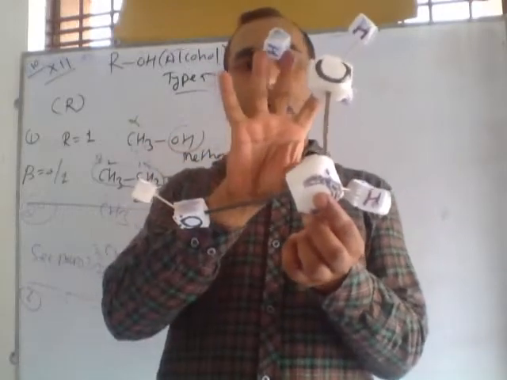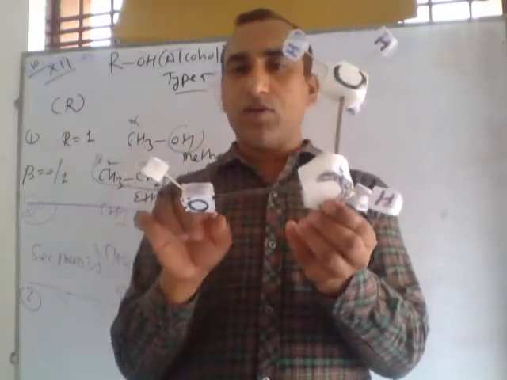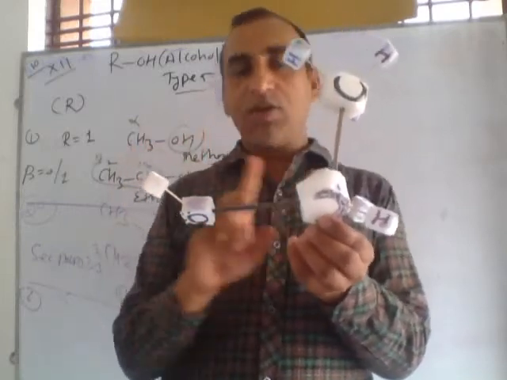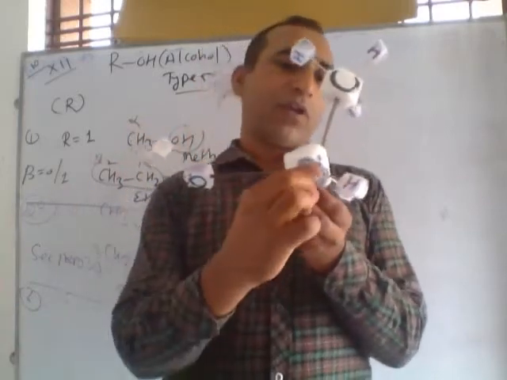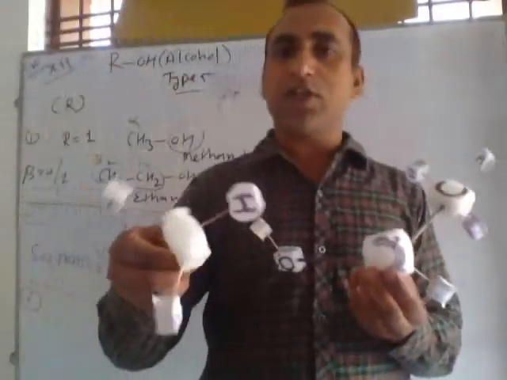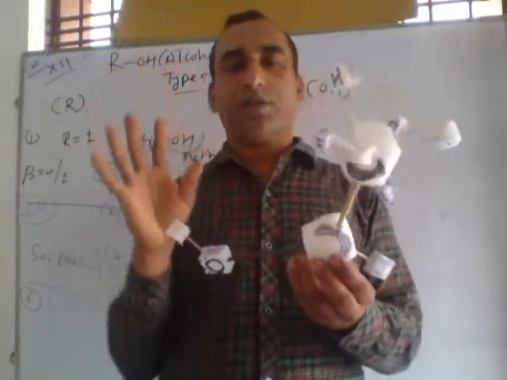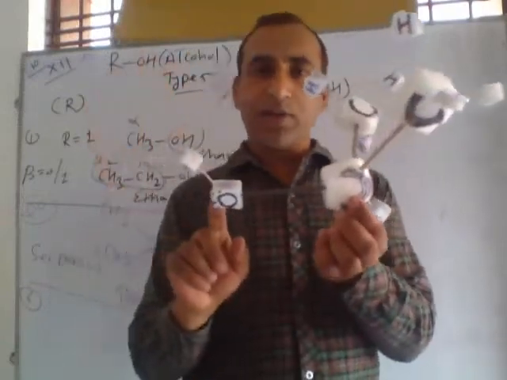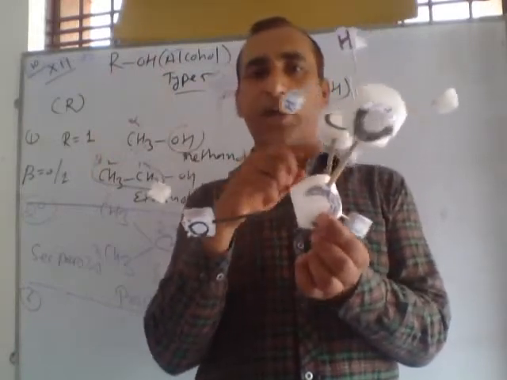This is called ethyl alcohol. Otherwise we can say this is ethanol. This ethanol and that methyl alcohol both are primary. If we replace another H by another CH3. This is CH3, and we replace this H with this. So this is secondary because the functional group is connected with alpha, and from alpha there are two beta carbon atoms.